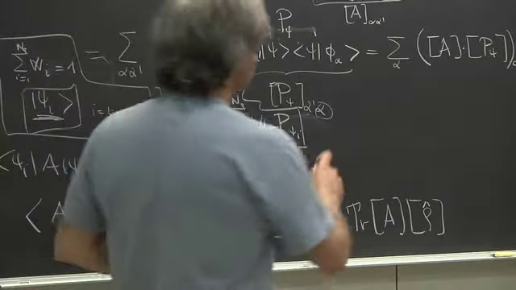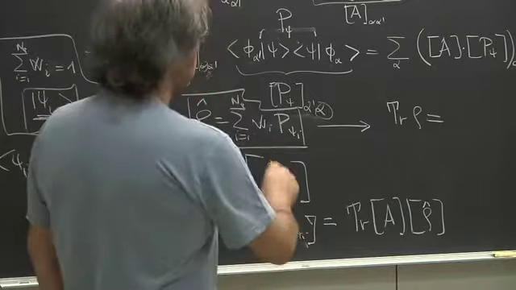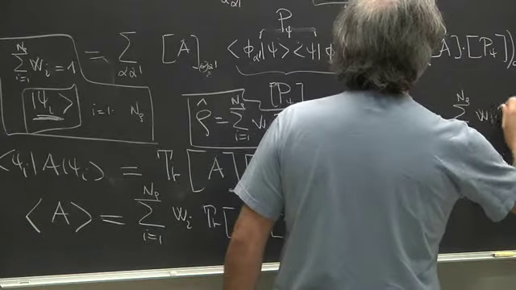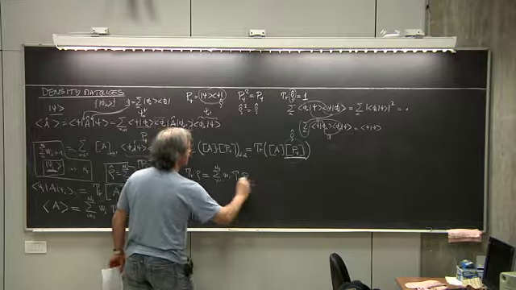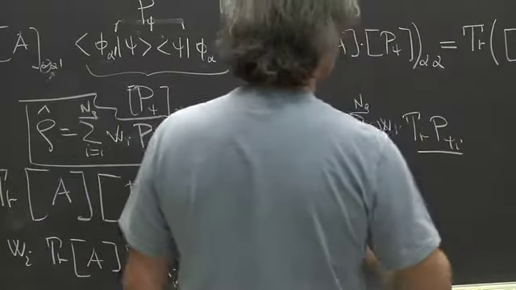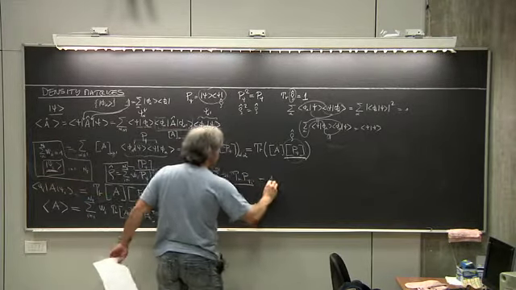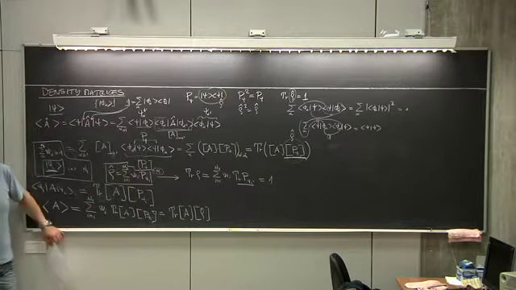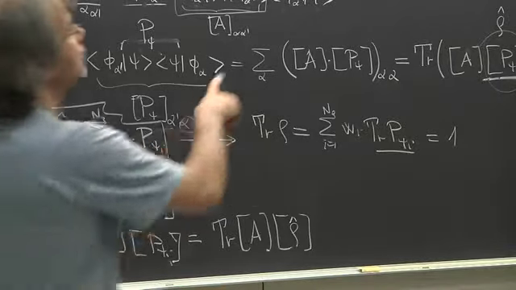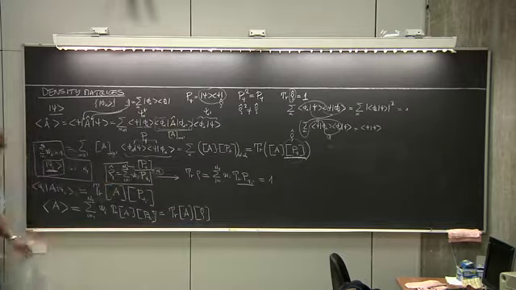Now, this new rho has a couple of properties. The first is that the trace of rho is still 1. Why? Because the trace of this thing is the sum over i of Wi times the trace of P psi i, which are all 1. The trace of a projector is always 1. You saw it in any basis. So if this is 1, this is the sum over i of the weights, which is 1. So the trace, even if you combine several of them, is still 1. However, what changes is that rho square generally is not equal to rho. This is true for a single projector, but if you mix many of them, in general,